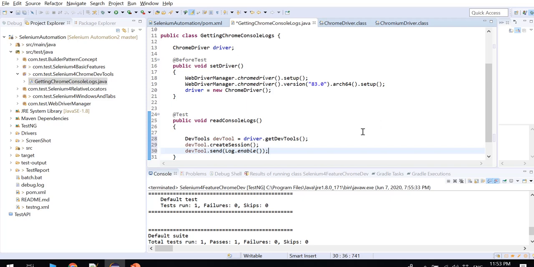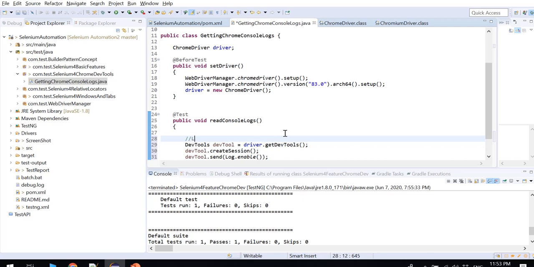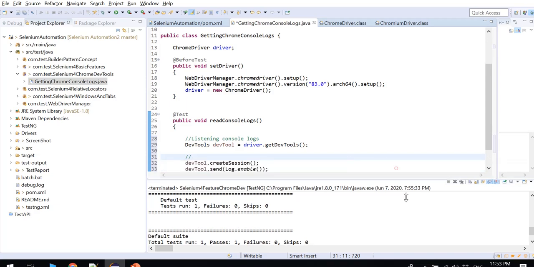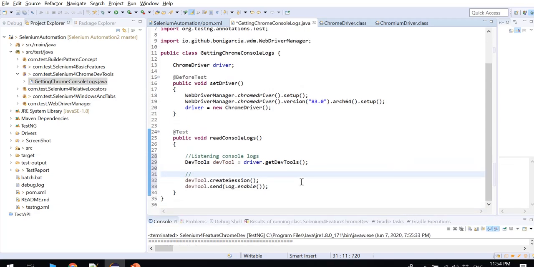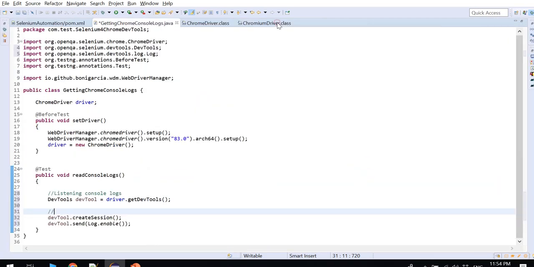So what does it mean? The first line is for creating the session, and it will start listening to the console logs from DevTools.